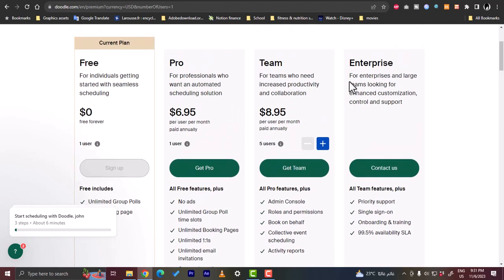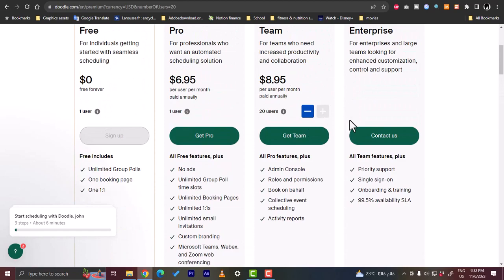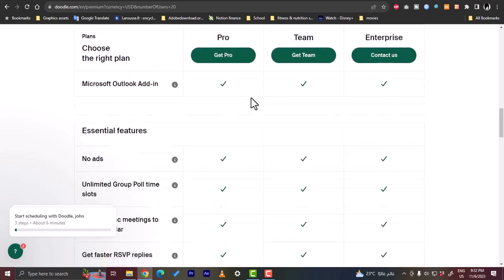The Team plan, the price here you can set it for 5, 10, or 20 users. And here you will get more benefits, and you can compare the features of each plan, and you can get here an overview comparison of the features. Now let's go back here,